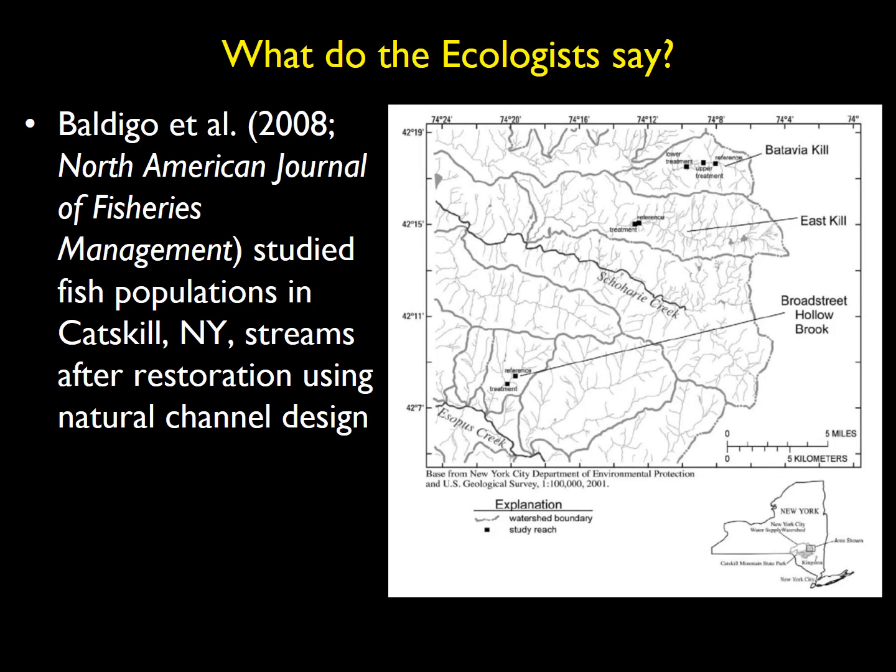Okay, but what do the ecologists say, right? Or maybe more accurately, what do the species say? How are they responding to these sorts of things? It's just a study done in eastern New York State in the Catskills. Actually had a student who had a job out there this past summer. And so they looked at all these different streams, and they did what's called a BACI study design, before-after control-impact, where they collected data before restoration and then after restoration to see how, in this case, the fish populations responded.